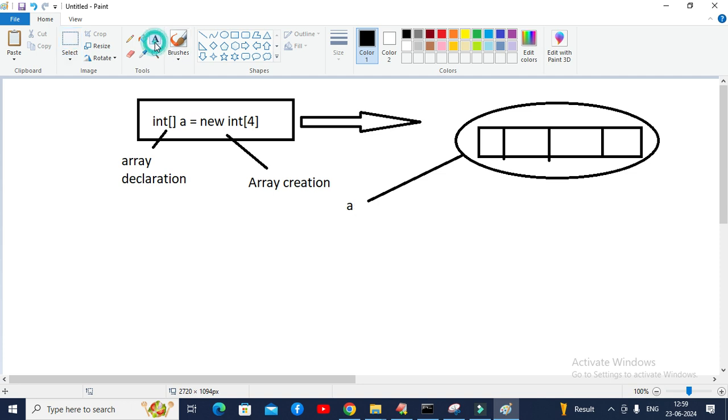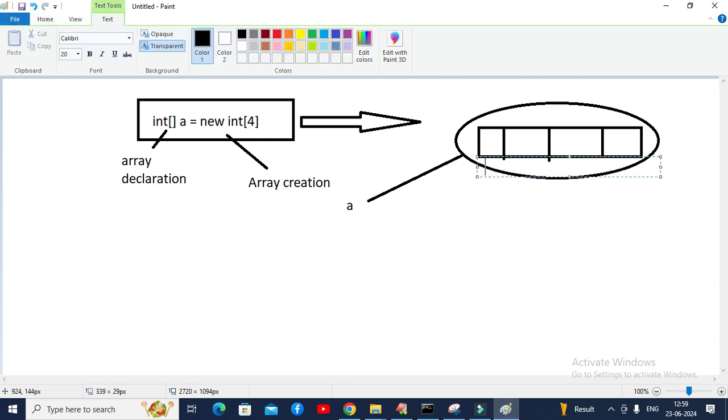And here, as I told you, an array is indexed. An array stores the values in the index positions. The first position is 0, and then the next position is 1, the next position is 2, and the next position is 3. Array starts with